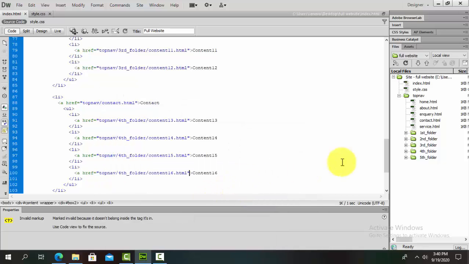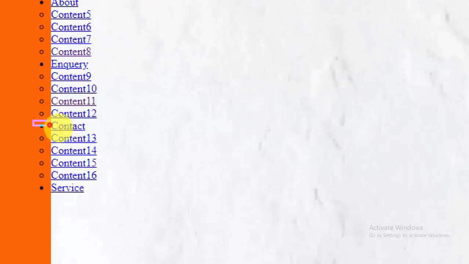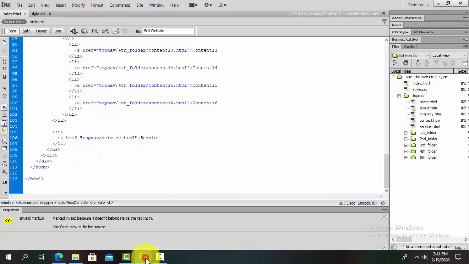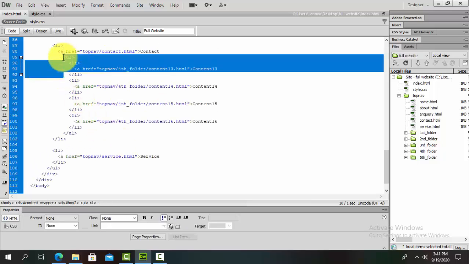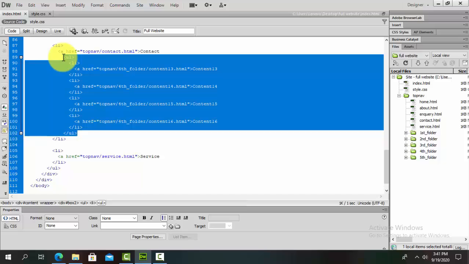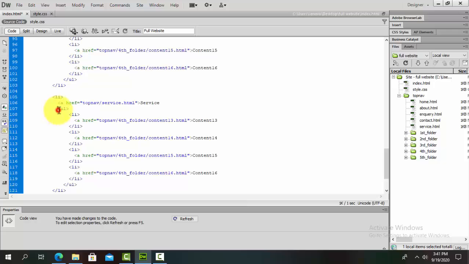So I simply refresh it and I give all the content basically. No problem, I refresh it and you can see that all the content is showing here. Next you can see that this is the content 13, 14, 15, 16. I click one link, and you can see that this is the content 14 here. So this is this one, and after that we simply copy all the things here